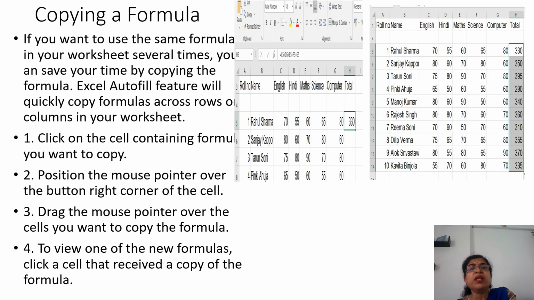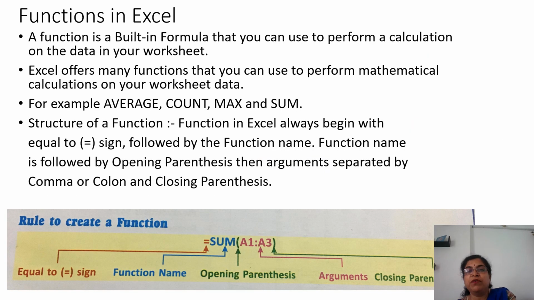Okay. Now copying a formula. For copying a formula, autofill function we can use. For one particular range of cells we have calculated, we have given the formula. The same formula, if we want to copy over these cells, simply bring your mouse pointer at this point and simply drag it over the cells. Like this, you will get formula copied and answers you will get here for all the remaining cells with the autofill function.